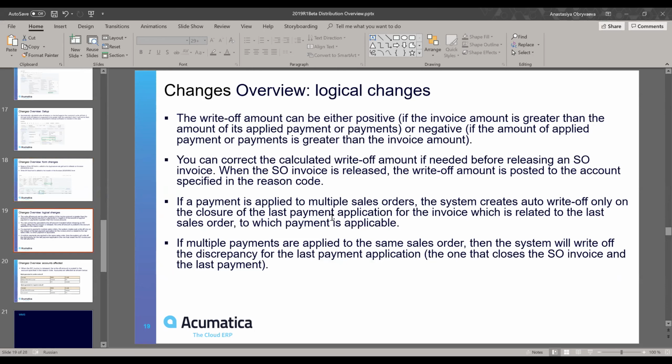If a payment is applied to multiple sales orders, the system creates auto write-offs only on the closure of the last payment application for the invoice, which is related to the last sales order to which payment is applicable. If you have multiple sales orders and one payment, the write-off will not be created on the first sales order release. Even if there is a difference, we will just change the applied amount, and afterwards,